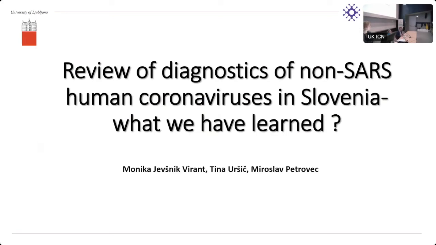And Monkia gave us the idea that maybe it would be interesting to look at those kinds of patients who have both systems involved in the disease. So they have gastroenteritis and respiratory symptoms at the same time. So this was actually the beginning of our